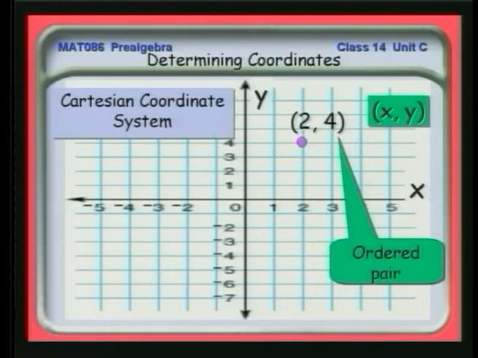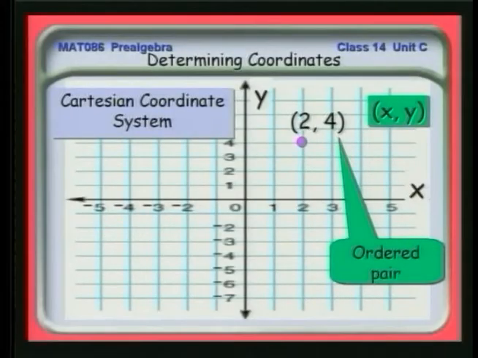The reason they're called an ordered pair is you need to know that the first number is going to tell you where you go horizontally. It's always the x number. The second number is going to tell you where up and down you go. It's the y number. And whenever we write an ordered pair, we write it in that x, y style so that anyone else who looks at this subsequently is going to know what you're talking about.